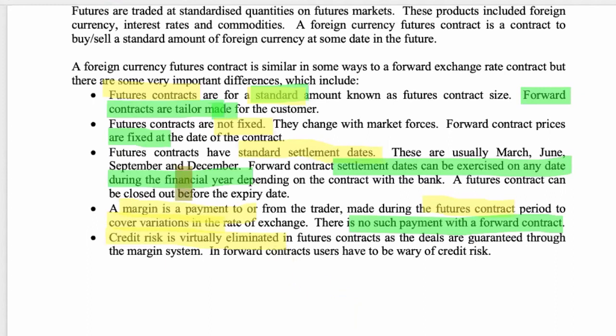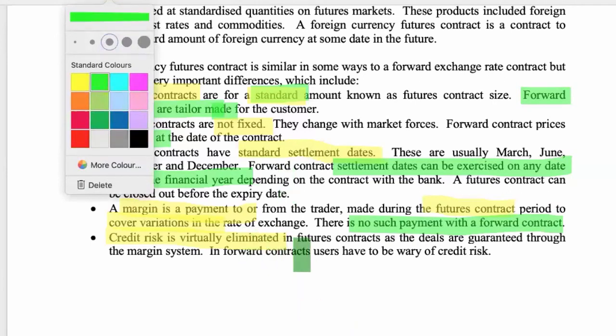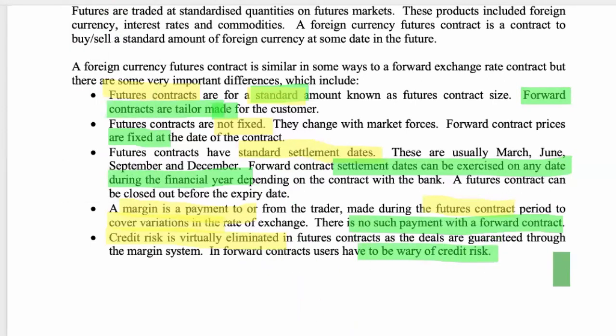Forward contracts, on the other hand, might have some. It says here they have to be wary of credit risk. In other words, are you reputable? Do you have good collateral? Do you have a good reputation in terms of paying and honoring your contract and not defaulting on it if things go against you and you end up having to pay a lot more for your oil? If you locked in at 22 and you can get oil for $1 now, you still have to pay 22.